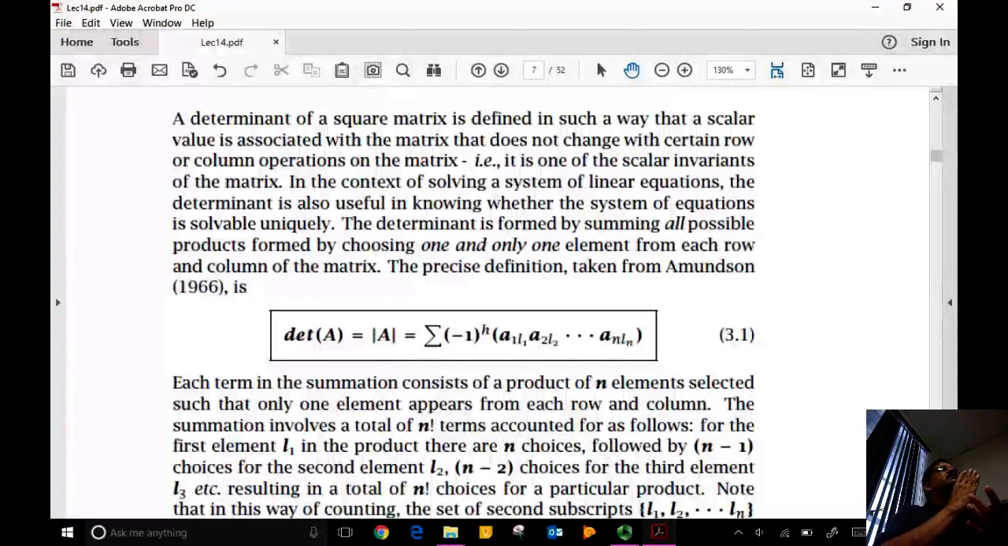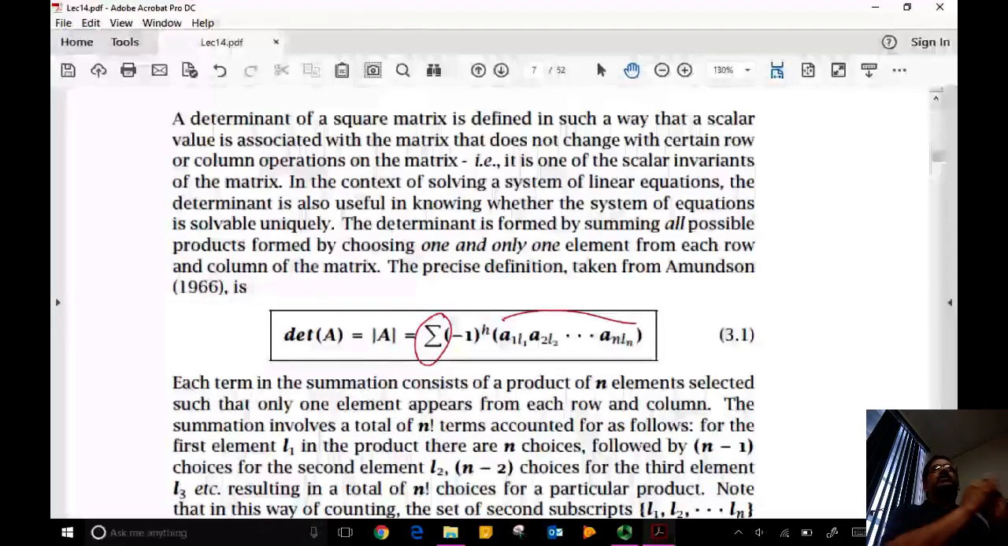It is the summation of all possible products that you can form from a given matrix, taking only one element at a time from each row or each column. So conceptually, it's very easy to state, but computationally, if you need to develop an algorithm, it's very messy. This is a definition that I took from the book by Amundsen on linear algebra that came out in the 60s, and that